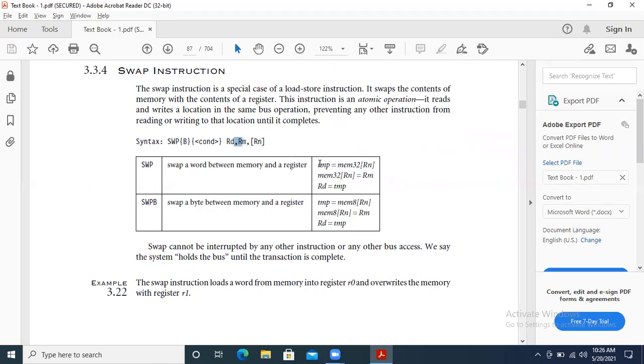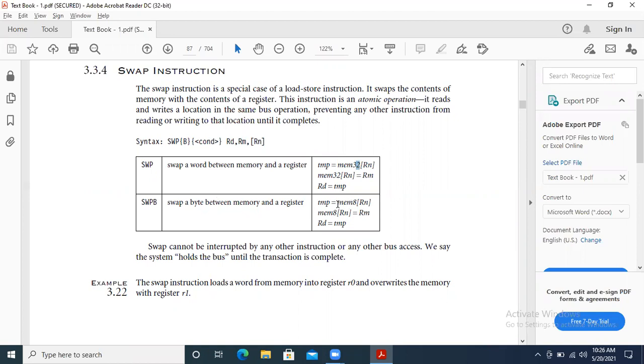In this, there is no data loss. We just have to use one extra temporary variable for exchanging a value from one input to another input. That is nothing but the swap. The same thing we can use with the byte. If you look here, for a word I'm mentioning it as 32 because one word contains 32 bits, and 1 byte contains 8 bits.